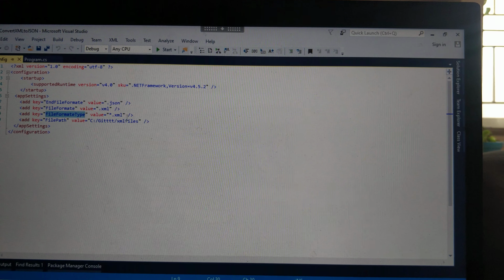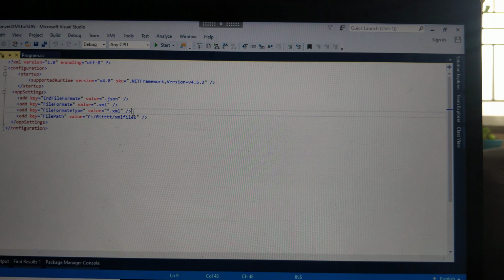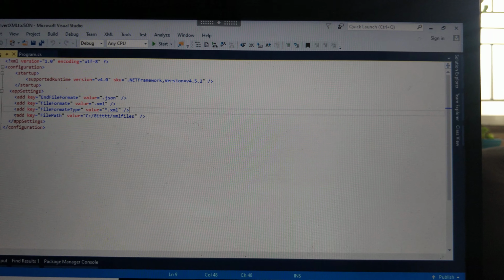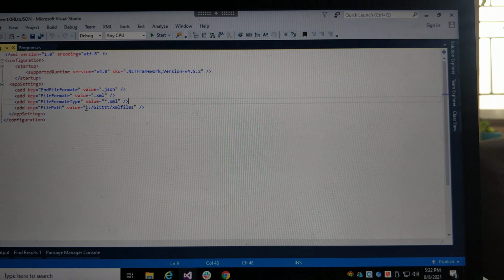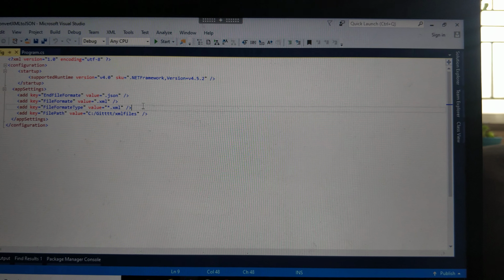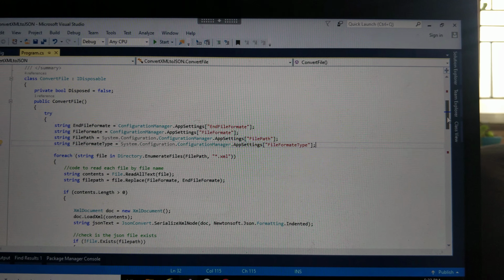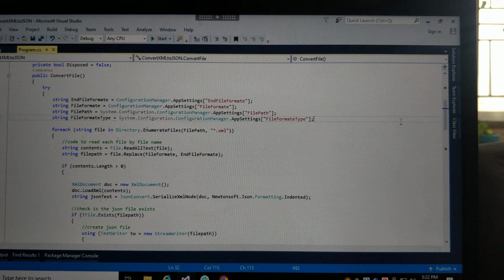I will tell you for what purpose I created this other key. And file path is the local path from where I'm reading those files. So I have these keys and values, and I'm reading from the configuration manager.